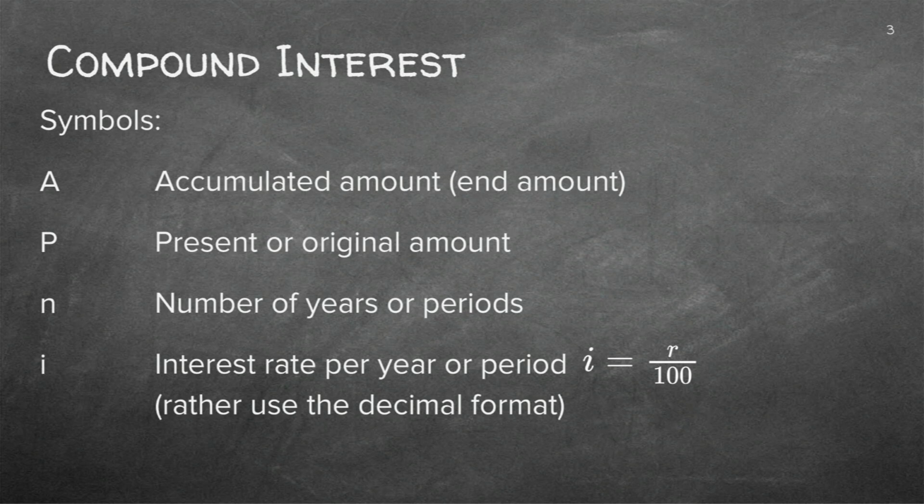Now, remember previously also we had the letters there, and we said the letters has got a specific meaning, and you need to remember what the meaning is. So the most important is to remember A is the end amount, what I want to accomplish at the very end. The P is the present amount, so you can actually write that as the beginning amount, where you begin your whole story. And then n is the number of years. In grade 10, always years, nothing else. And i is the interest rate.